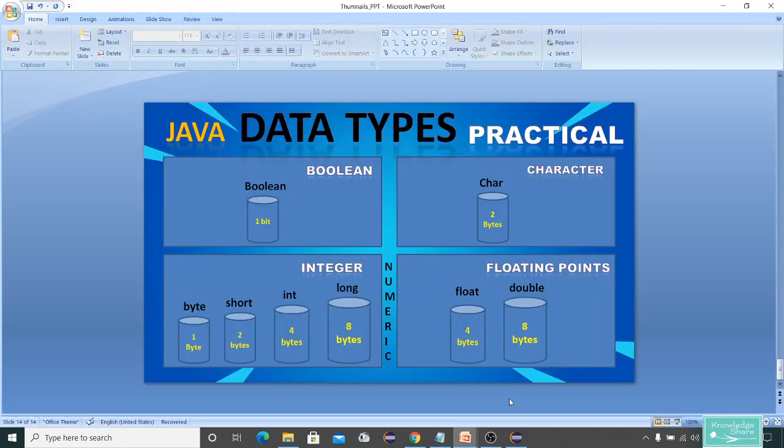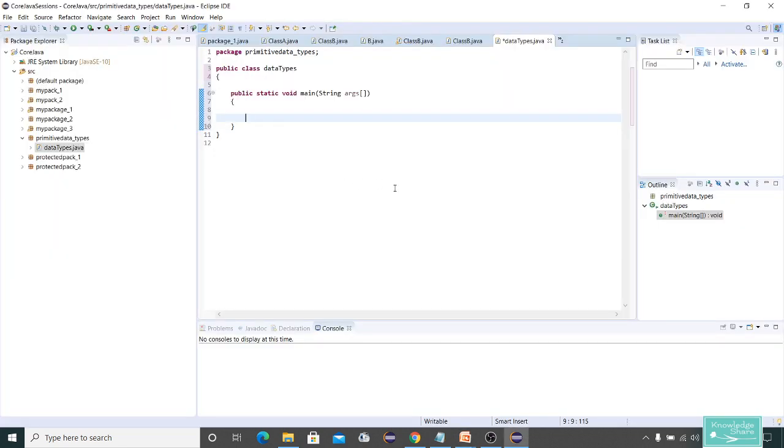First, let's see boolean. If you want to declare a boolean variable, you have to declare it with a keyword called boolean. So I'll call it boolean check. If I want to initialize this, you can initialize it with true or false.